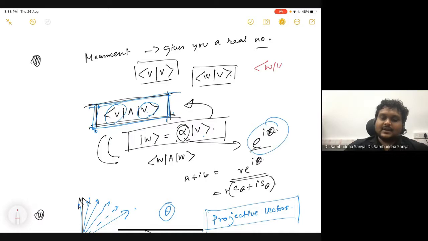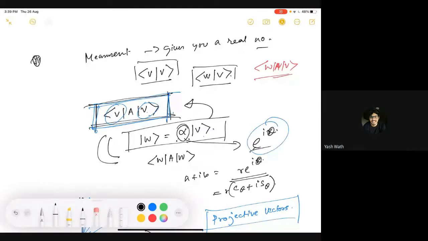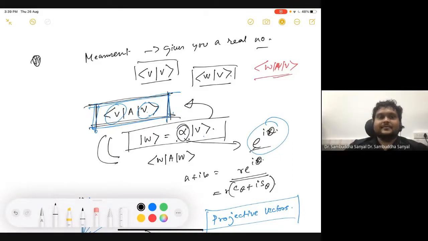I also ruled out this one, <W|A|V>, because it involves two states. If you see the pre-recorded lecture, I discussed them one by one. Finally, I landed on the conclusion that the mathematical object which gives me a number out of a state and a matrix is this, <V|A|V>, which doesn't have any of the problems that other objects have. It's a single state and a single operator. This is the number you should get if you do an A measurement on state V. Now you want this to be real, because it is a measurement. That's why you also want A to be Hermitian.